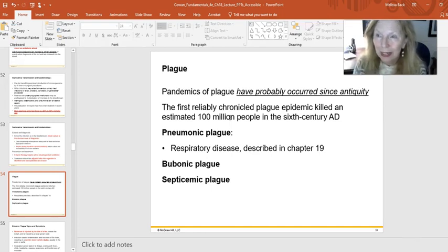Now we have, for bacteria, we have treatment. We have antibiotics. Thank you, Alexander Fleming, for sort of starting that with the penicillin, but now we have all kinds of antibiotics. And we have treatments, and we have supportive care for signs and symptoms during acute illness.